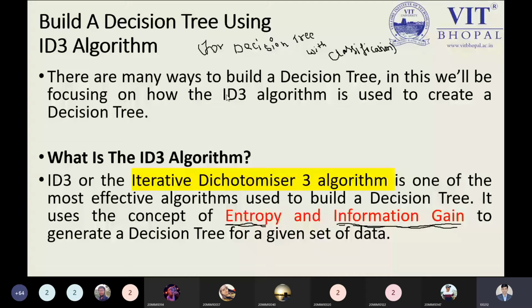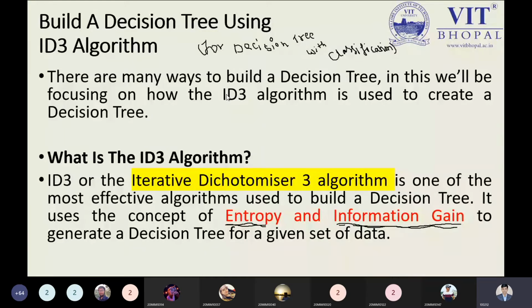Although there are many algorithms by which you can build a decision tree, of course, ID3 is best to define the thing properly, and it is the simplest algorithm, which describes all the steps in a simple way.